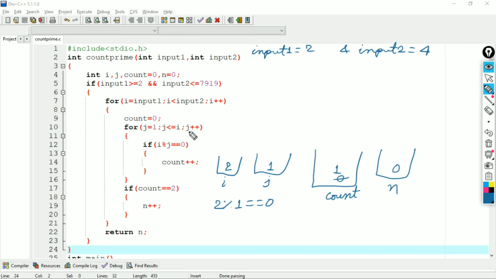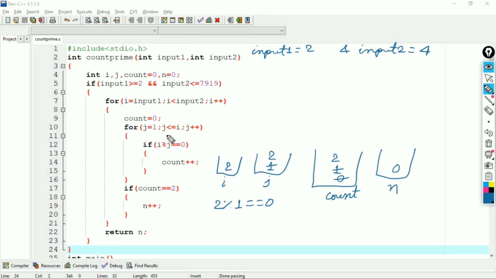Now j becomes 2. Now if i modulus j equal to 0, here 2 modulus 2 equals 0, condition is true. So count plus plus, now count becomes 2. Again we will check the condition: j is less than or equal to i, here 2 is less than or equal to 2, condition is true. j plus plus, here 3.